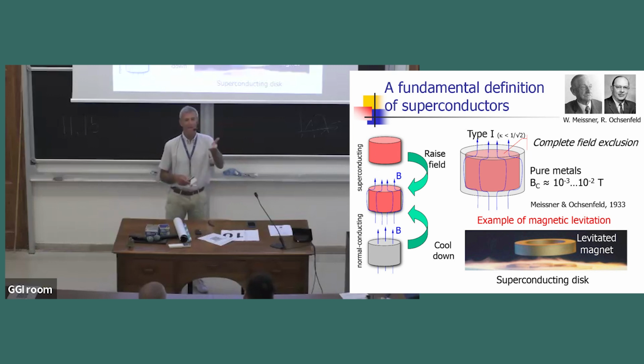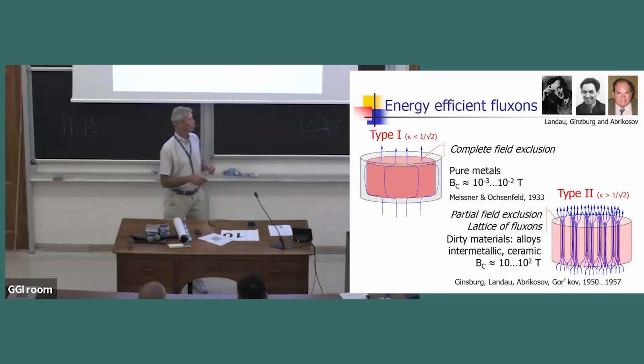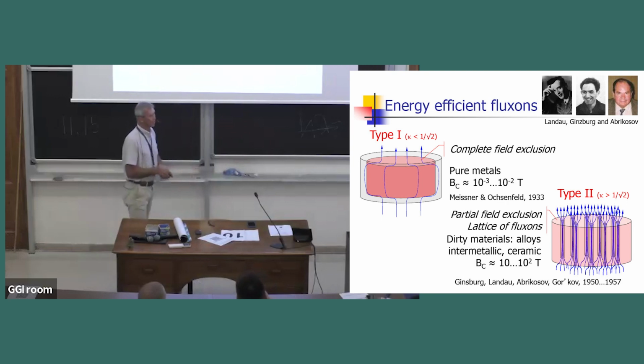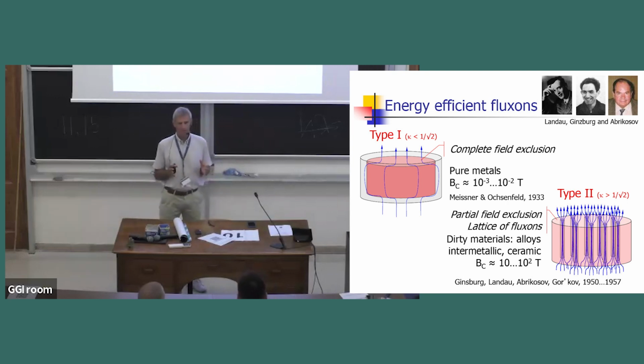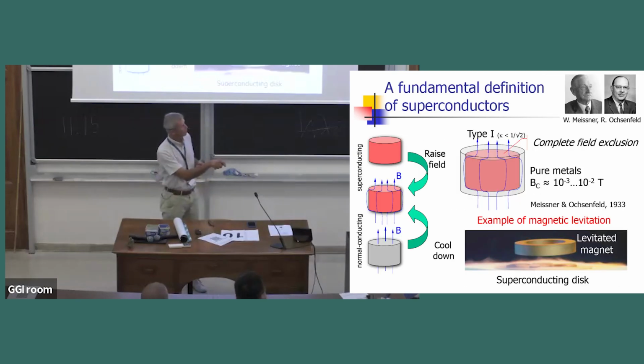The magnet lifts up, and it's a very nice experience to do if you can do that. Now, these superconductors, to expel the field, they have to do work. And remember, 10 Tesla is equal to 400 bar. We did it yesterday. So it's a lot of work if you want to expel the fields that we are interested in. So if you had to do it with what is called a type 1 superconductor, pure materials, the material will actually not be able to do that. It would crush under its own magnetic pressure.